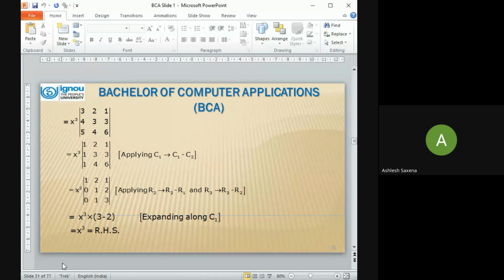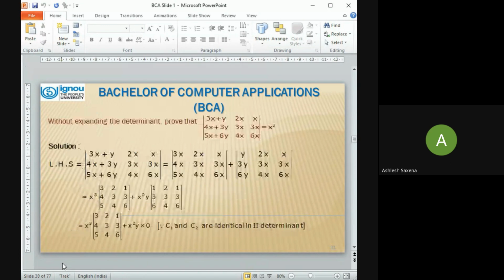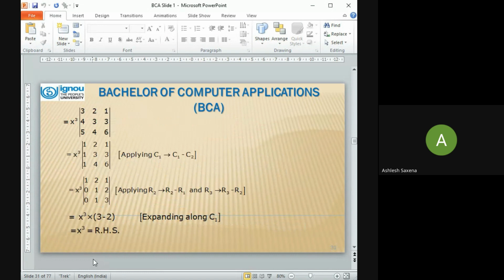Earlier, 2 columns were the same, so they were reduced. You are left with this. What I am doing is a simple application of it. You can see if subtracting can be done, so this can become 1. 3 minus 2 is 1, 4 minus 3 is 1, 5 minus 4 is 1. What I did, I subtracted: column 1 tends to column 1 minus column 2. As soon as that was done,